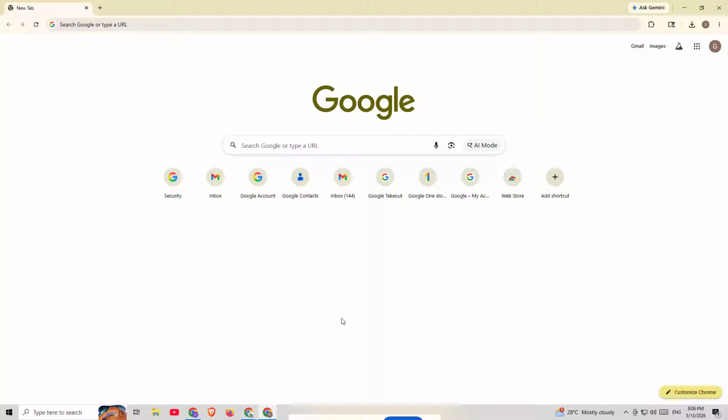In this video, I'm going to show you how to pin Gmail to the Windows 10 taskbar in just a few easy steps. This is a super helpful trick if you use Gmail every day and want faster access without opening your browser and typing the address each time. By the end of this tutorial, you'll have Gmail sitting right on your taskbar like a regular app, ready to